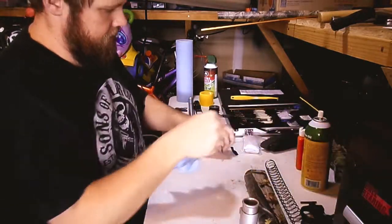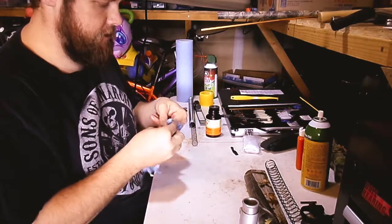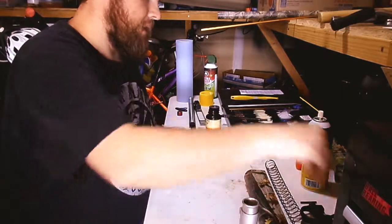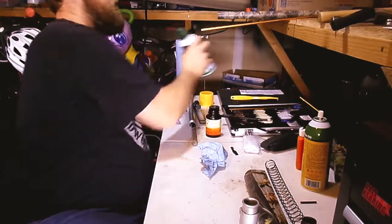Oh, one other thing that I forgot is the charge handle. Now, I usually don't clean the charge handle. I just wipe it off a little bit. It doesn't get too dirty. So that's done. Okay, so the next thing that we'll do is the trigger assembly